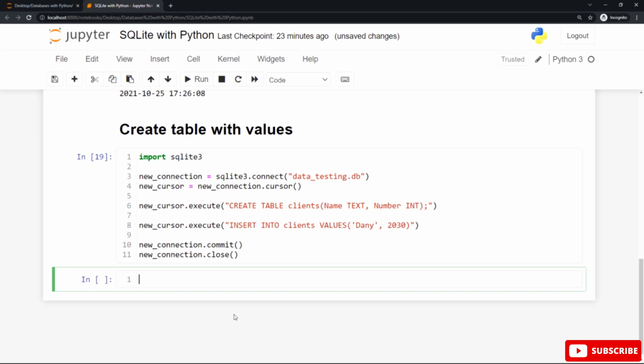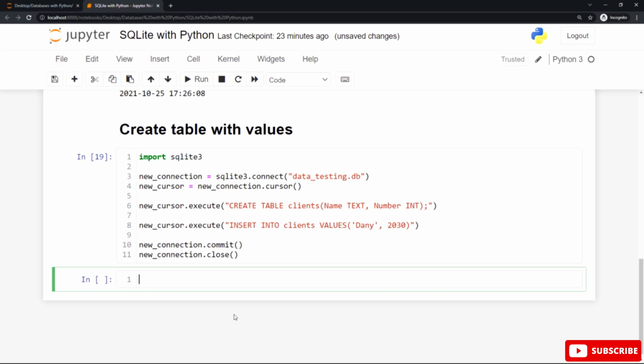You can insert, for example, another column called age, and its data type is int also. The column name followed by its data type. Name and its data type is text. Number and its data type is integer, so we type int here. Separate between them using commas inside the round braces directly after the table name, and a semicolon after that, all inside the double quotes to mark the end of this statement. This is SQL syntax.